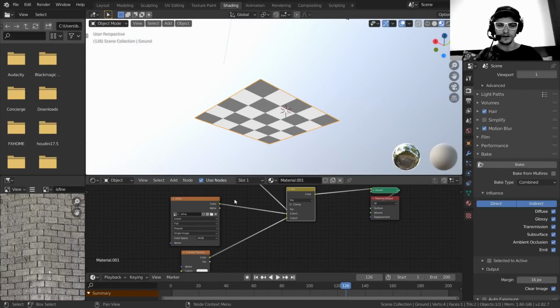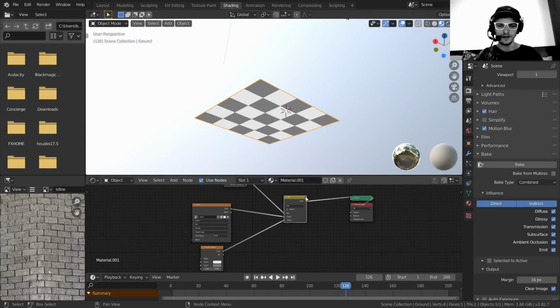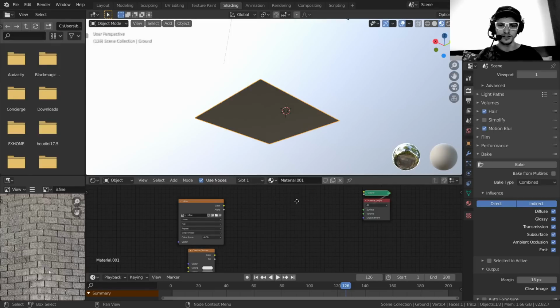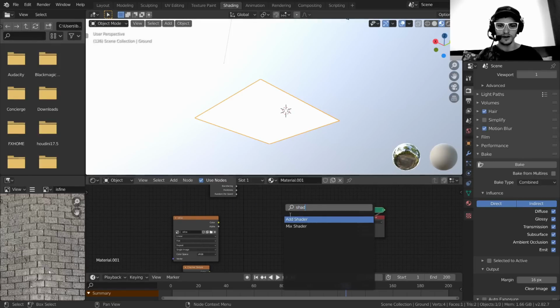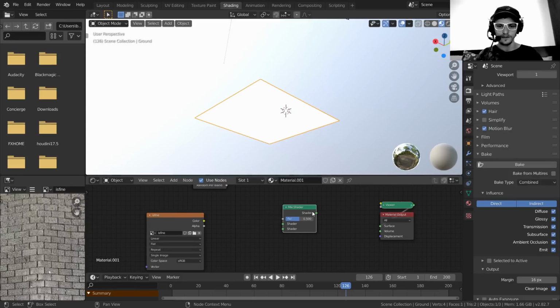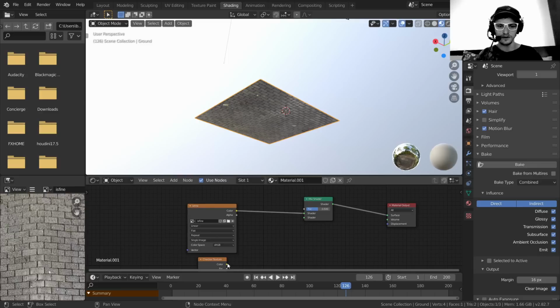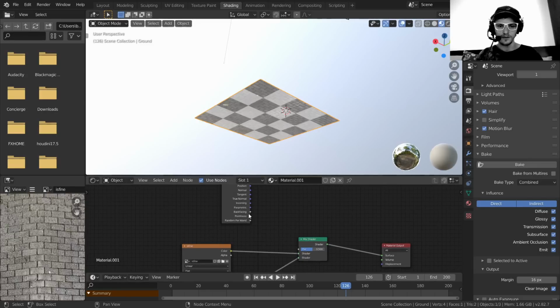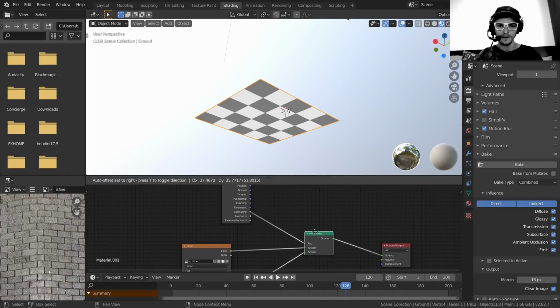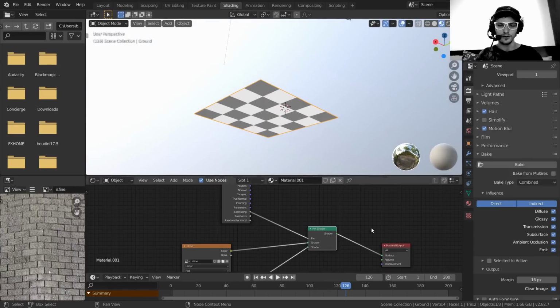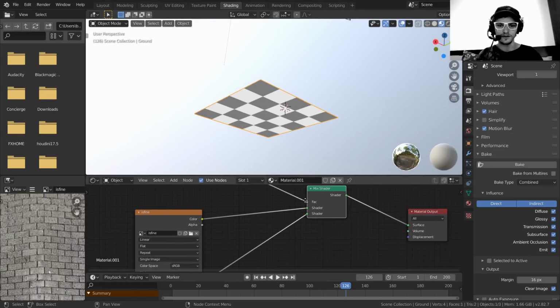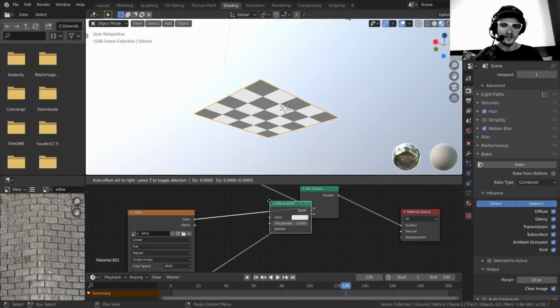And additionally, there's no reason that we can't, instead of doing a mix RGB, take it one step further. We could do a mix shader. We'll view that. And then we're going to plug this in here, back facing as our thing. And you're thinking, okay, what's the difference? Well, the difference is we can now use BSDFs, which means I can add in a diffuse BSDF to the